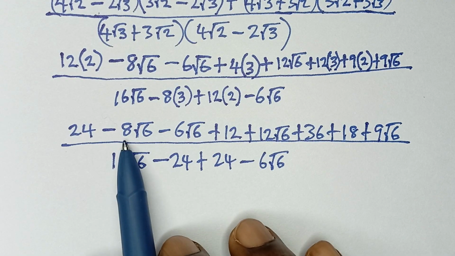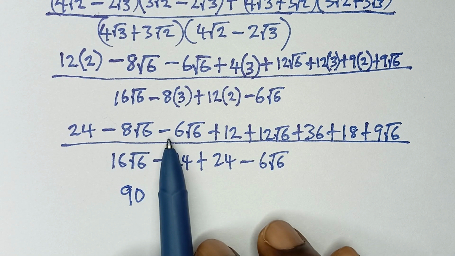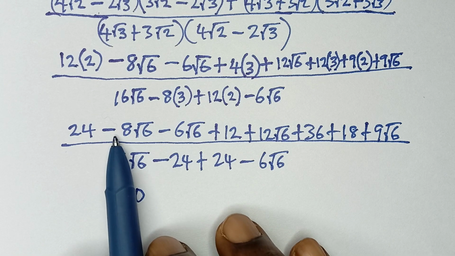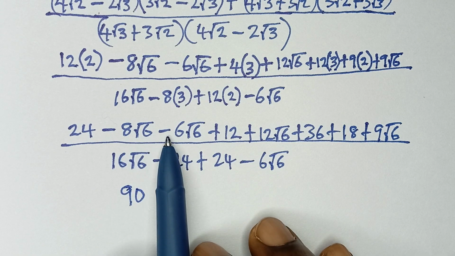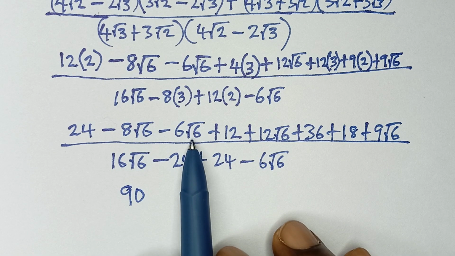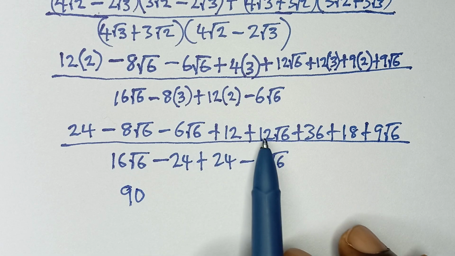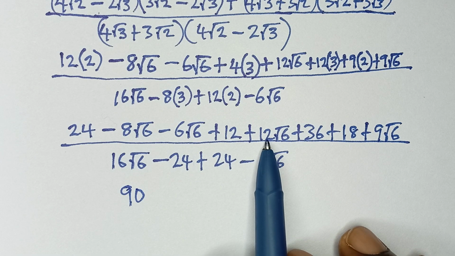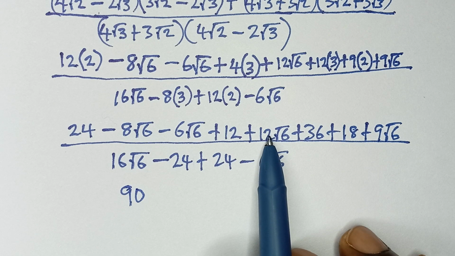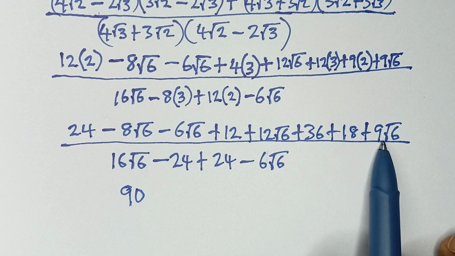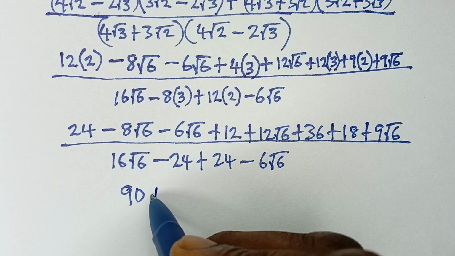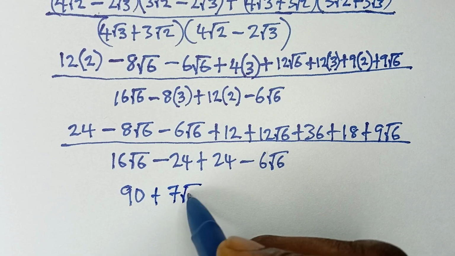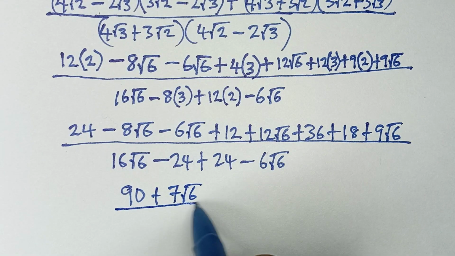Then negative root 8 added to negative 8 root 6 added to negative 6 root 6. That will give me negative 14. Added to this, I have negative 2 root 6. And then added to this, I have positive 7 root 6. So plus 7 root 6. Then all over